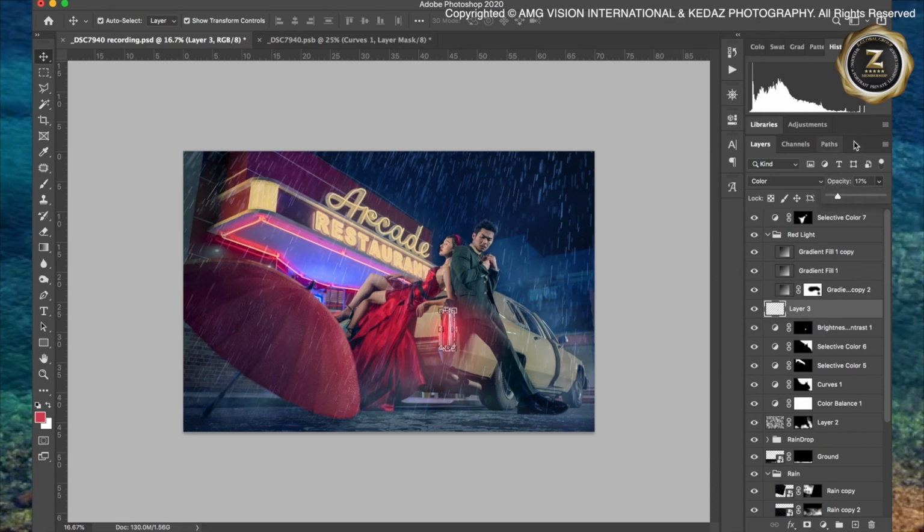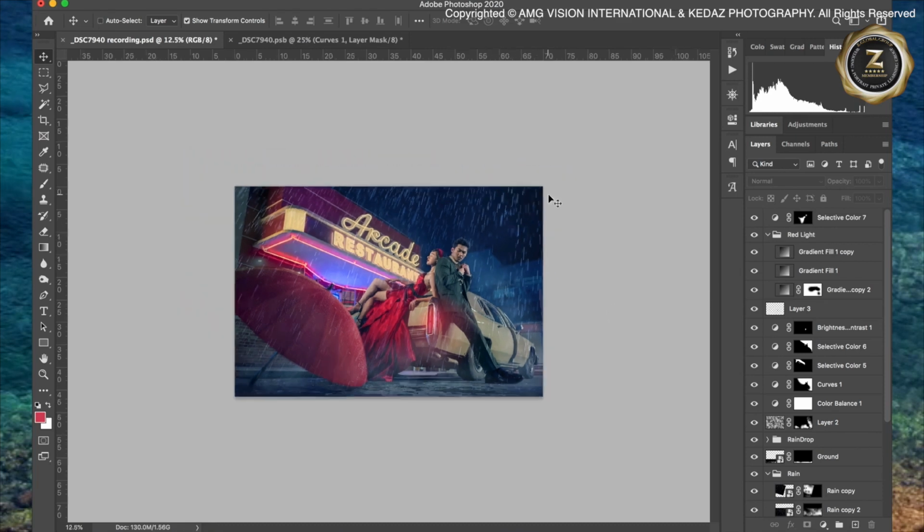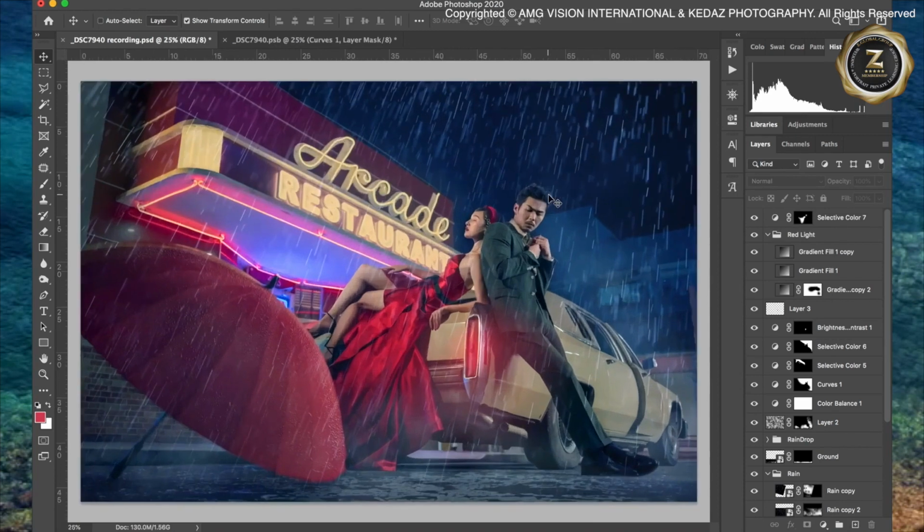Because the light is too much, I reduce the opacity for the red color layer. Opacity, reduce a little bit. Yeah, not too obvious, I just want it to look more natural. Good. Wow,